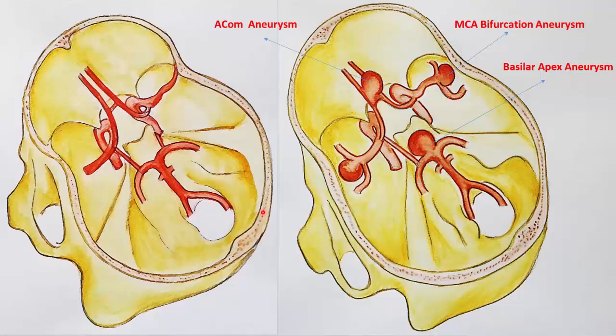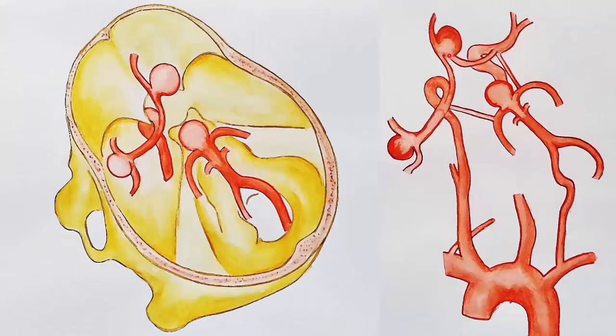This is the base of the skull and this is the circle of Willis, and one can see the frequent location of these berry aneurysms in relation to the skull bone. This is the anterior communicating artery aneurysm, this is the middle cerebral artery bifurcation aneurysm, and this is the basilar apex aneurysm. ACOM aneurysms are the most common location of the intracranial aneurysm, which form about 30 to 35%. Middle cerebral artery bifurcation aneurysm form about 20% of the intracranial aneurysm, and basilar apex aneurysm form about 5%